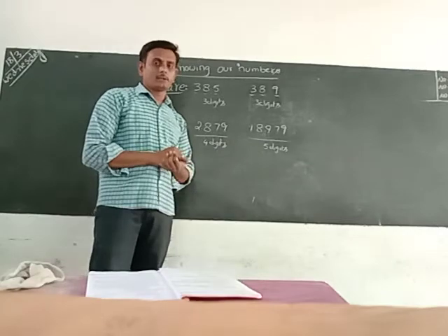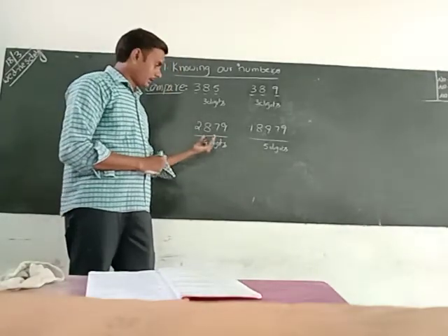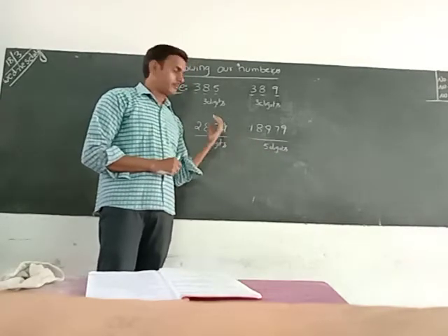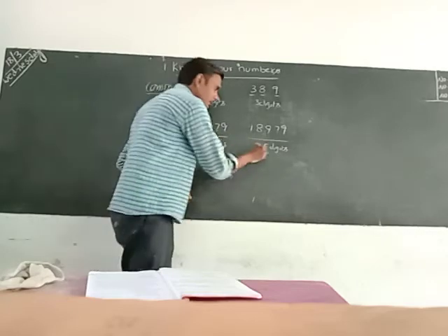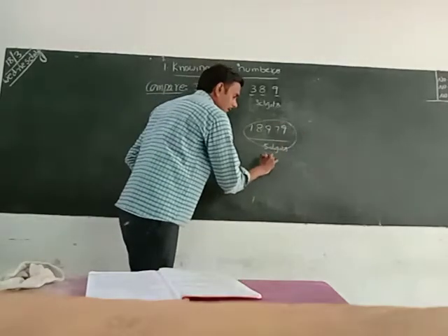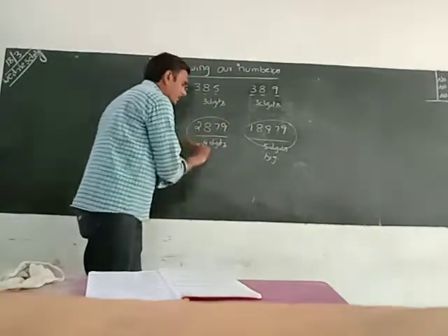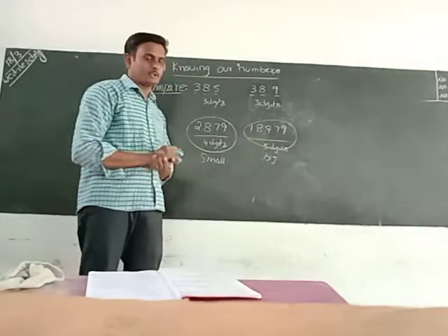that is the bigger number. Can you say which is the bigger? Here we have 4 digits, here 5 digits. Whenever a number has more digits, that is the bigger. So we can say this is the big number. This is big, so what will this one be? The small number. Compare these two numbers.